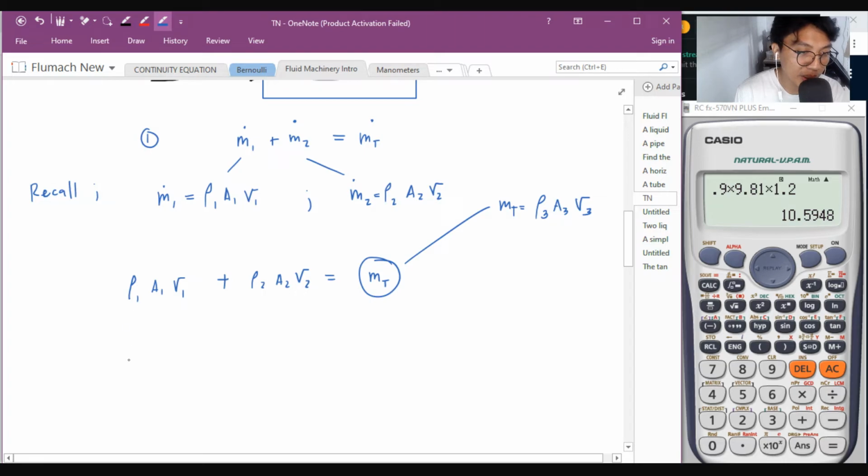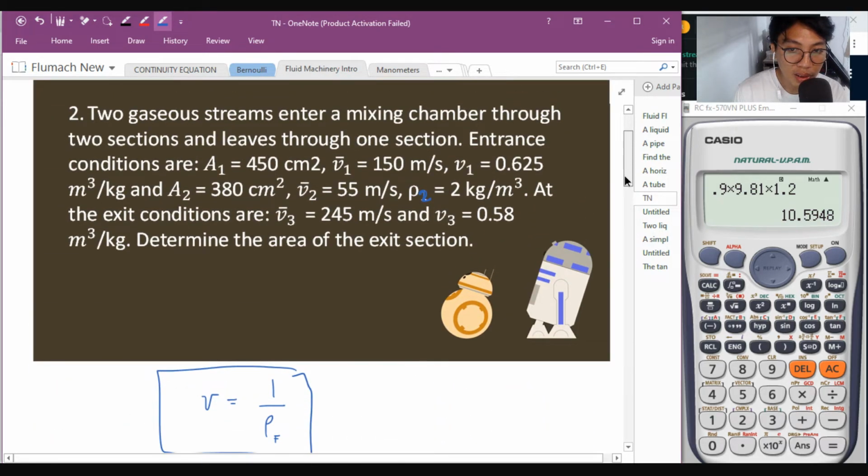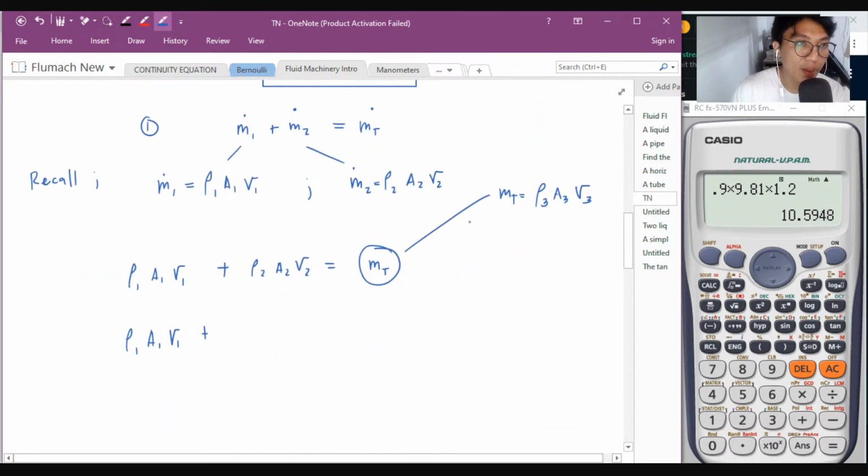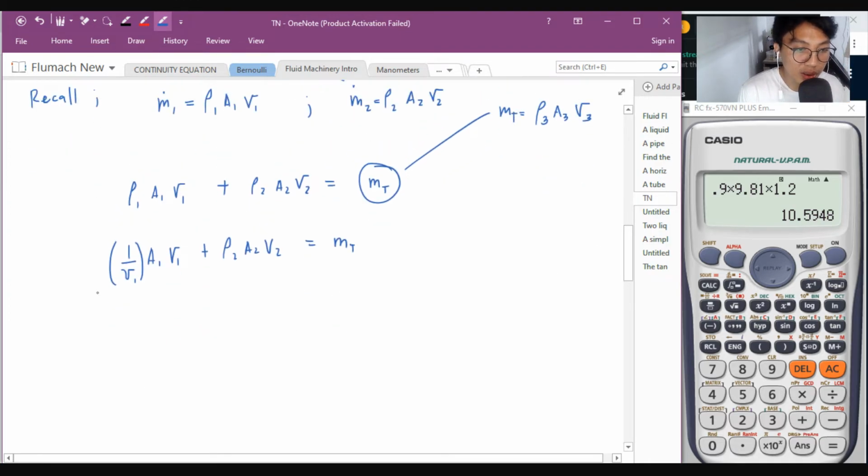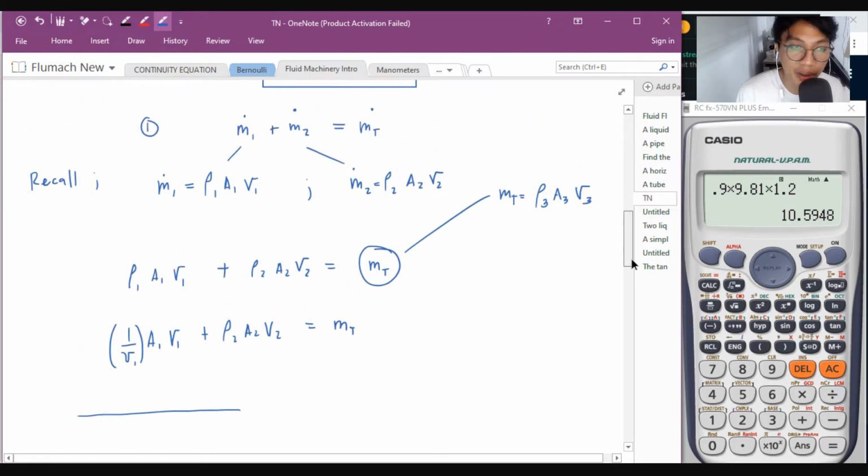Dito, meron tayong density 1, area 1, velocity 1, plus, wala tayo nito. Ay, sa 2 pala yan. Meron binigay sa 2. Sa A1 pa lang, wala. So, ito babaguhin natin. Okay? A1, B1. O di multiply na lang natin to ng 1 over specific volume at 1. Tapos, density 2, area 2, velocity 2. Equal to MT. Pwede ko na isolve. Reform natin. Okay? Area 1. What is area 1 given there? Area 1 is